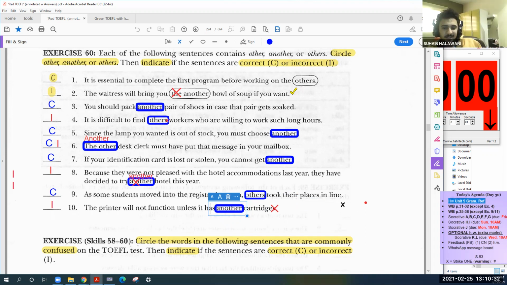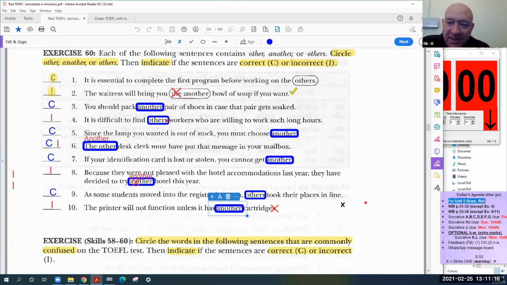Do you understand what cartridge means? Look, this is a cartridge for your printer. What does it say here? HP ink cartridge. Ink cartridge. Yeah. So if your printer is only black